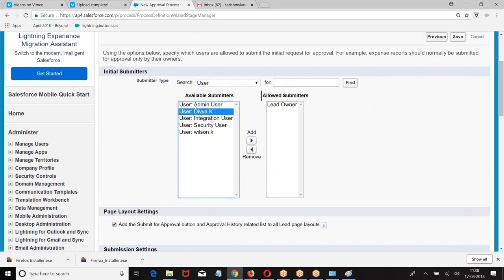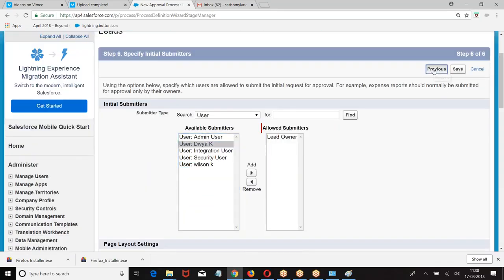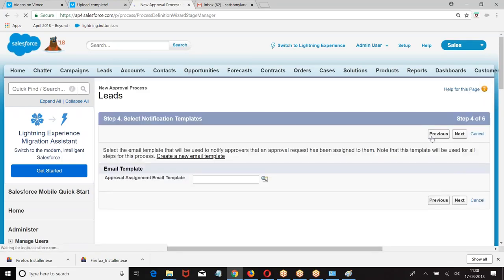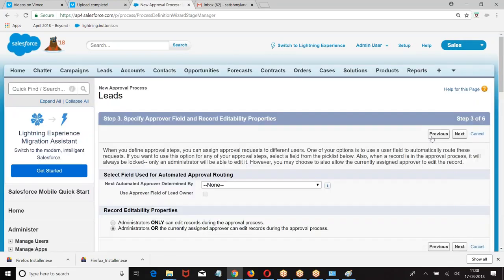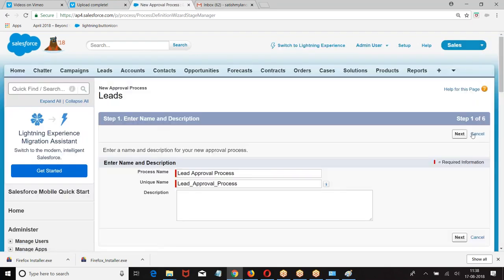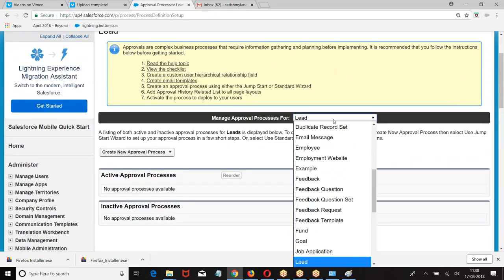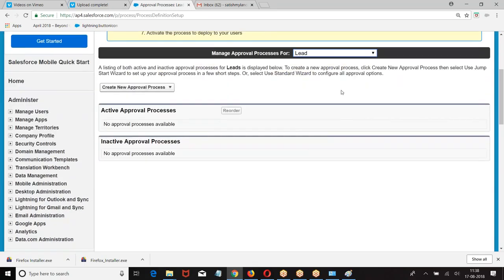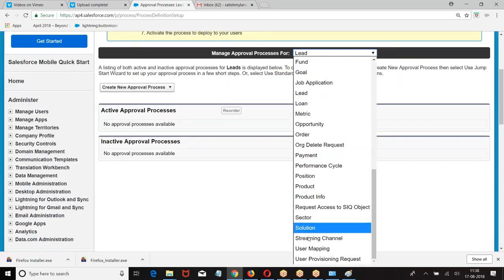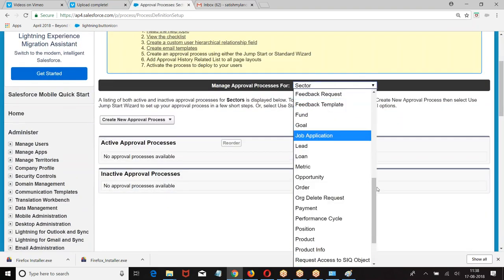Divya cannot submit this because it's a lead object, right? What is the problem with the lead object? Tell me. Lead object is visible to only users who have Salesforce CRM profile. If you have a Salesforce platform, you will not be able to see lead. So let me choose